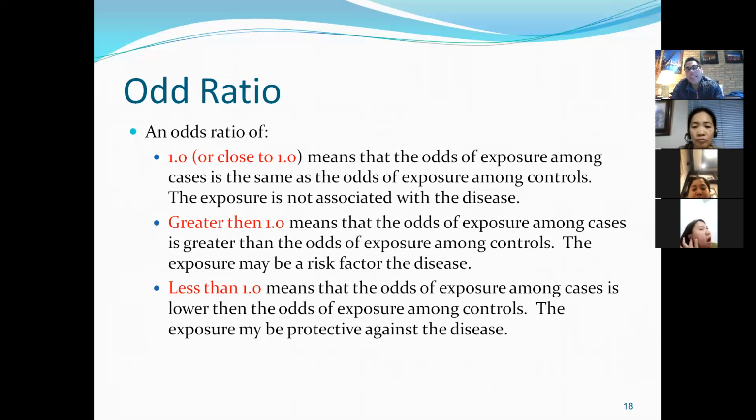So in the reporting for hepatitis A, you will likely see that the odds ratio is less than 1, because that's an example where the exposure lowers the odds